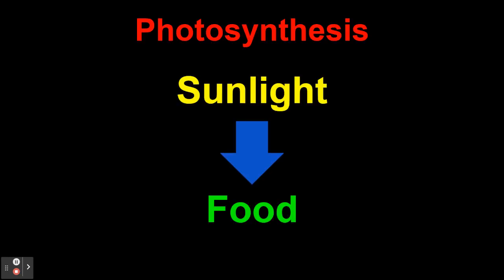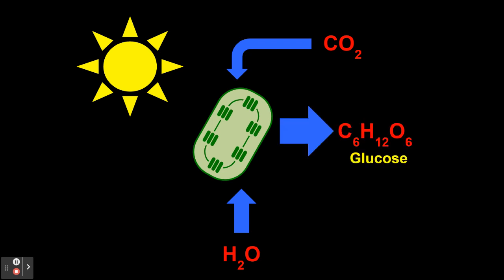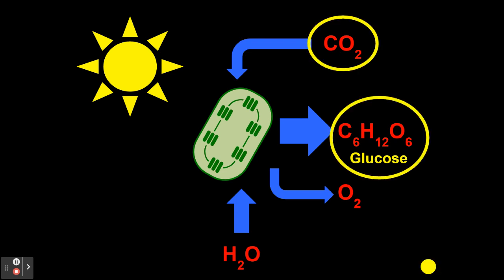The purpose of photosynthesis is to take sunlight and convert that energy into food in the form of glucose. So this happens in the chloroplast, and the plants take carbon dioxide out of the air, they take water up from the roots, and they create glucose. Now, they also release oxygen as a byproduct, but the main idea is to take in carbon dioxide and make